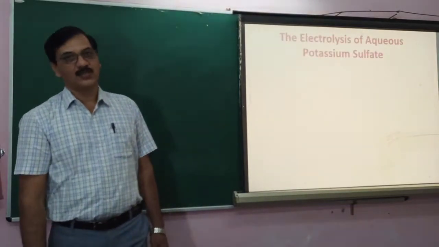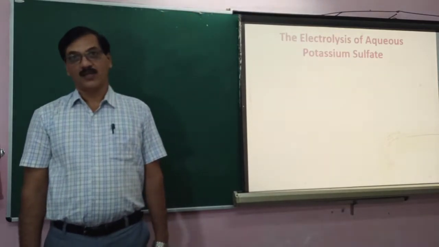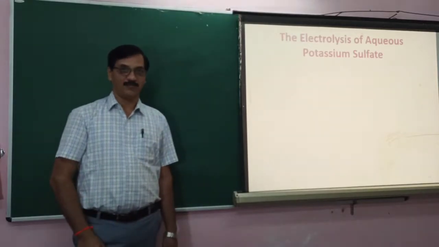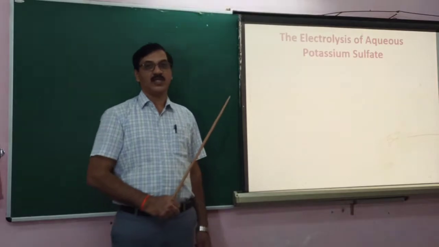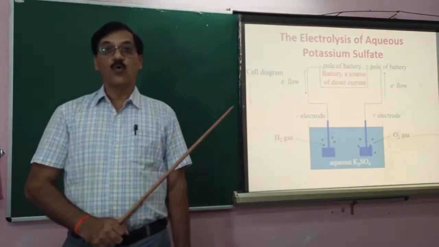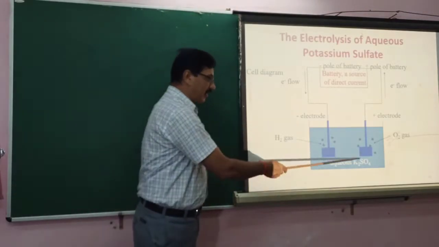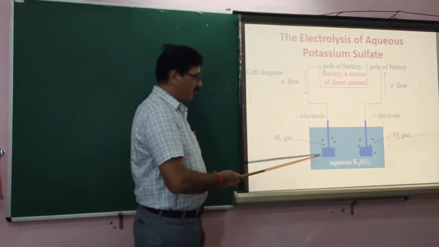So let us take some more examples to see what the products could be. Now it is the case of electrolysis of aqueous potassium sulfate. I have taken another one, aqueous potassium sulfate. Aqueous potassium sulfate means potassium sulfate taken in water. Potassium sulfate dissolves in water and is taken as the electrolyte. Now, if